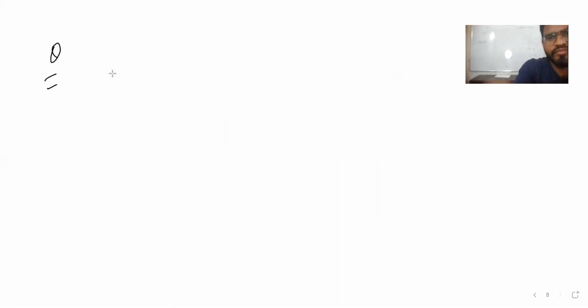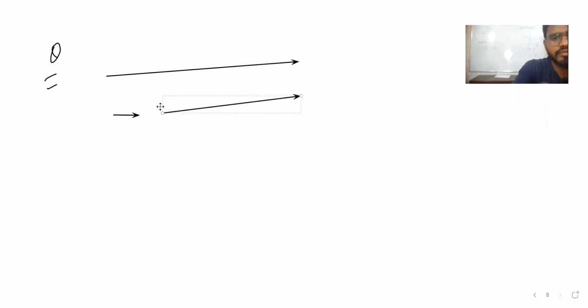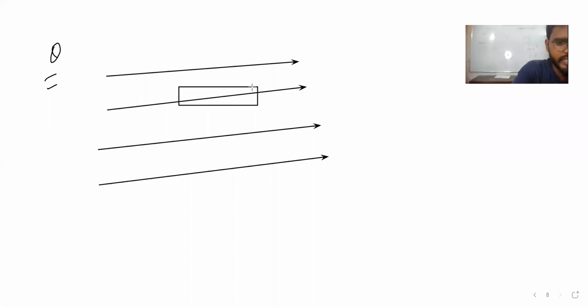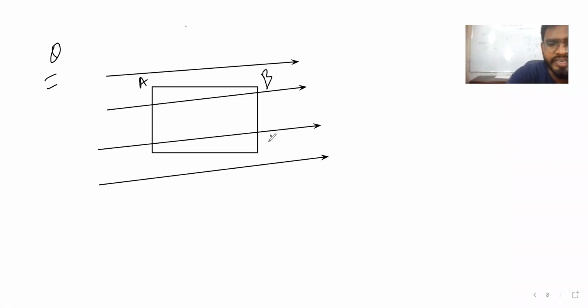Now let's see another question. Again, a uniform electric field is there, and then we placed a kind of square, right? Let's name them A, B, C, D, and 1 meter. It doesn't seem like a square, but consider it as a square, right? Now they're asking, electric field E is equal to 20 volt per meter. That also we can say, right?